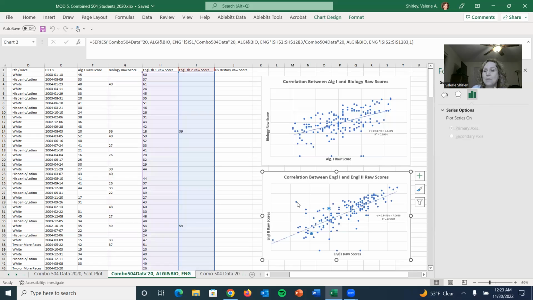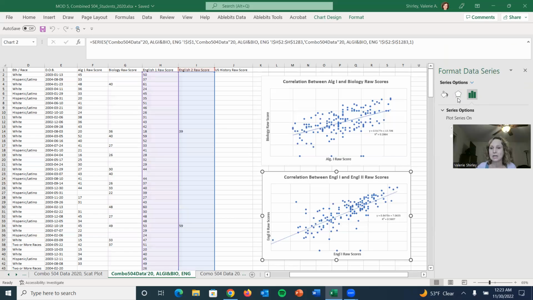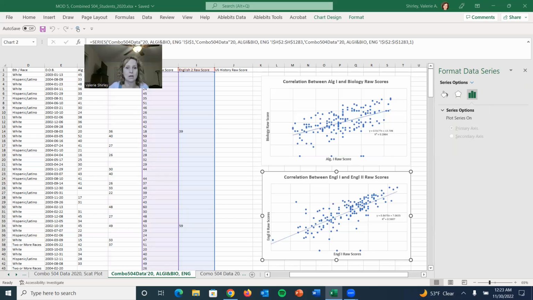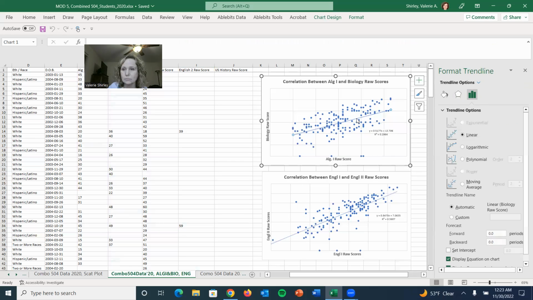One thing that I really have loved, I never know where to move my face so that it will be out of the way and won't be an inconvenience to me. I love the trend line. I love that it can show me my positive direction. I love that I can kind of get a visual of where things are around the trend line. So here I can also, after inserting a trend line, I can